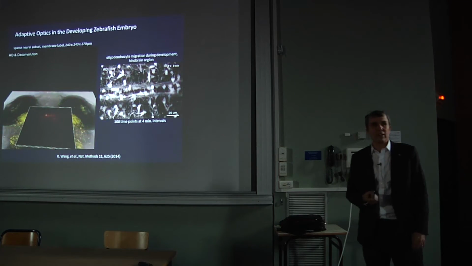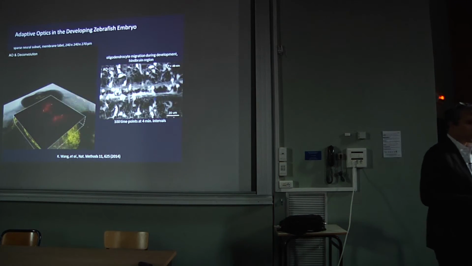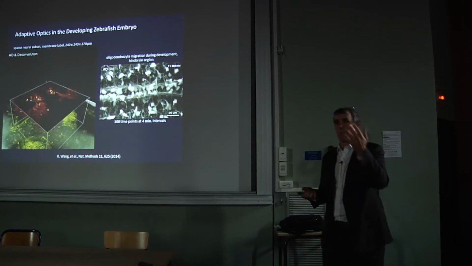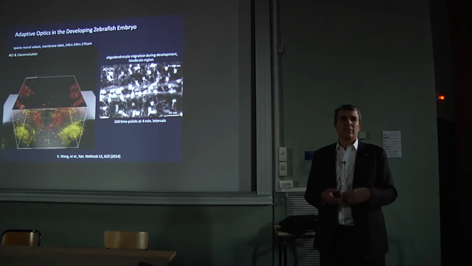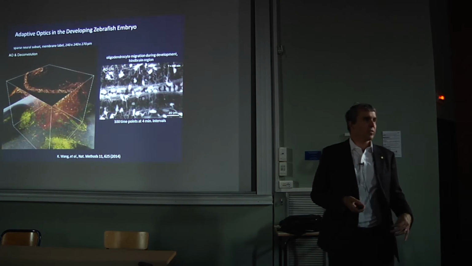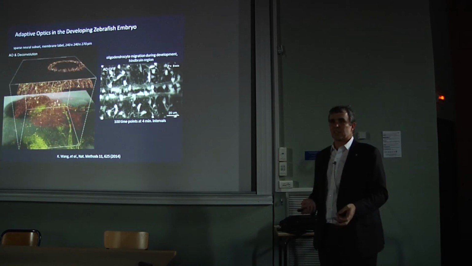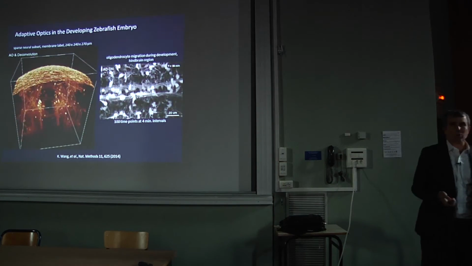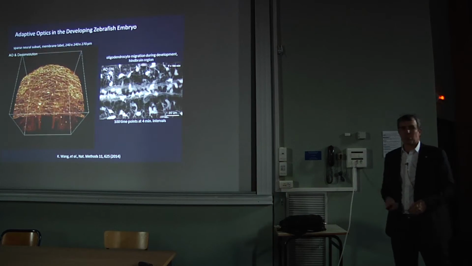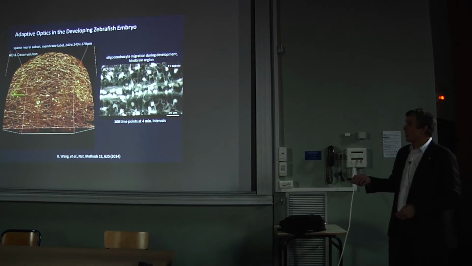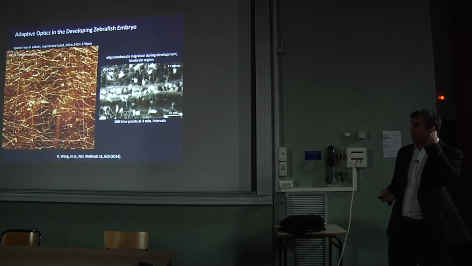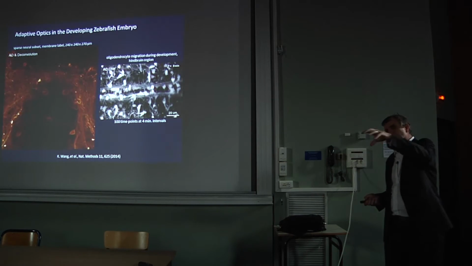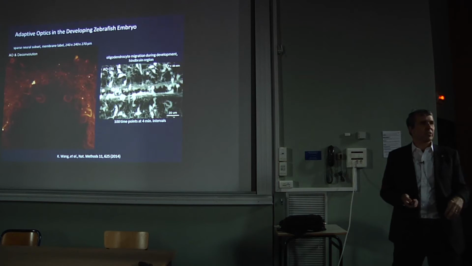So one of the challenges of doing adaptive optics in biology: the challenge in astronomy is that the atmosphere changes so quickly that they need a new AO correction every millisecond. Fortunately, biological specimens don't change anywhere near that fast, but there is the problem that if we want to look over a reasonably large volume, in this case a reasonable fraction of the zebrafish brain, we need to do many, many different corrections because you're going through different material in different areas.